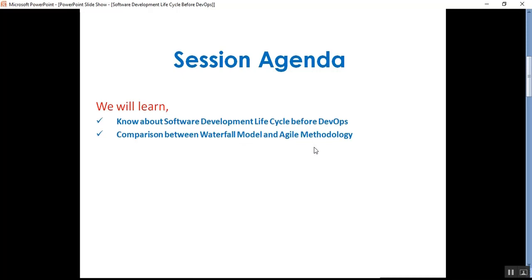And agile methodology is used for big companies, where there is a lot of work, a lot of processes and big projects handled by different teams. In that scenario, they use agile methodologies.